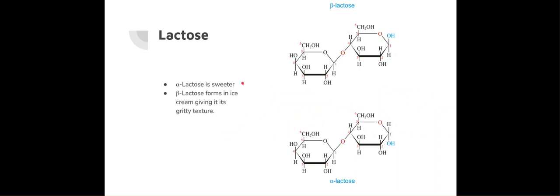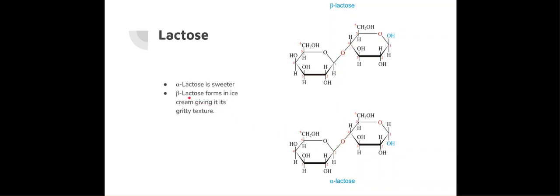Lactose is another sugar. This is the main ingredient in breast milk, for example, whether it's human or animal. Alpha lactose is sweeter than beta lactose. So here is alpha lactose, where you have the OH group on the opposite side of the ring from the alcohol. This is beta lactose, where they are on the same elevation. And these are beta linkages that it's showing.